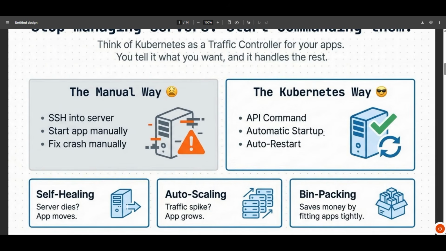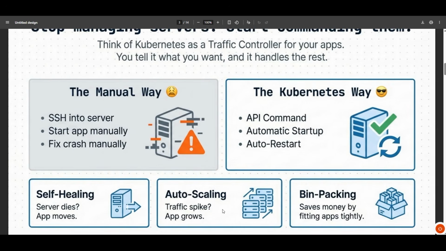So how does that work? When we talk about Kubernetes, we talk about self-healing, right? There is no concept of a server going down. If something goes wrong on the node or server, your application will move to a different node or server. We'll discuss that in depth when we talk about architecture. One more very important concept of Kubernetes is auto scaling.